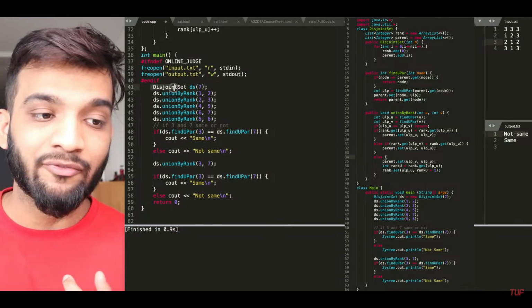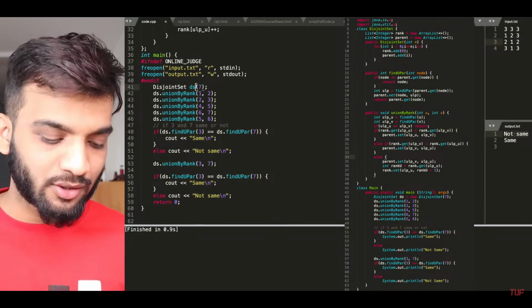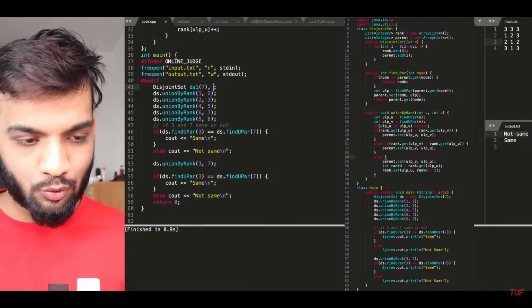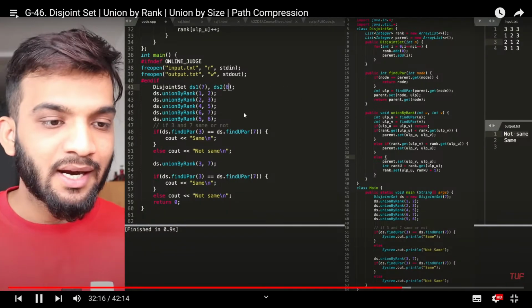If you want to have 2 disjoint set data structures, you can go as DS1. You can have 2 different objects of this class, and you can have 2